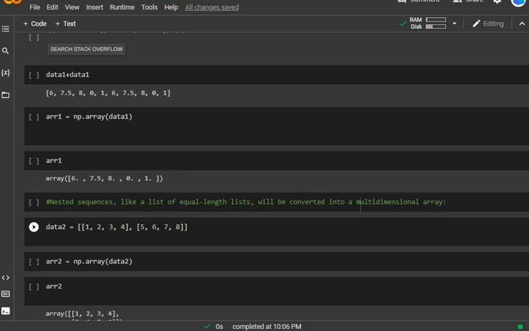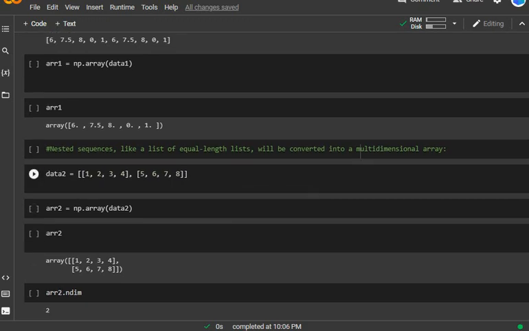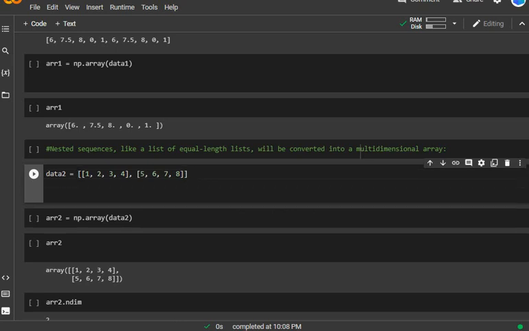If I write two different arrays, one as 1, 2, 3, 4 and another as 5, 6, 7, 8, and put both in a single variable, data2, and print data2, look what happens.